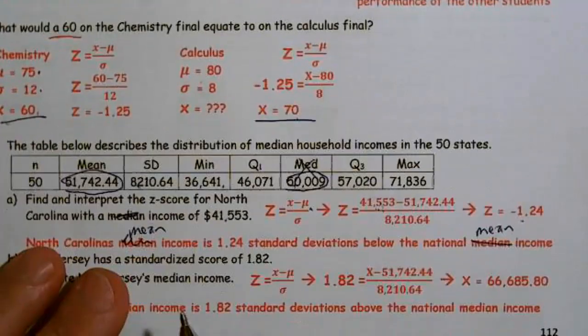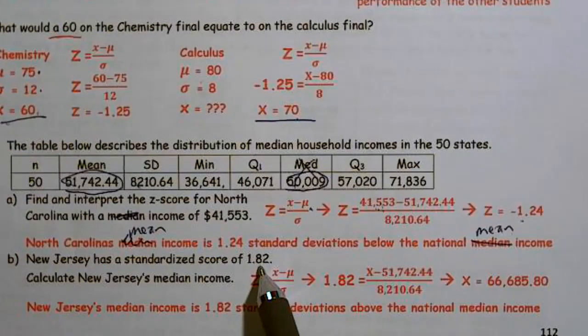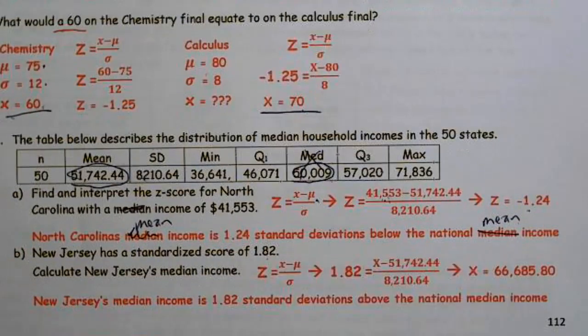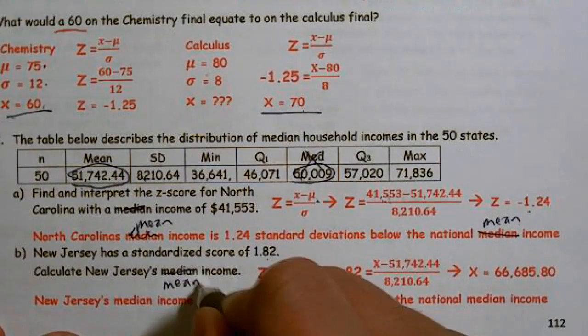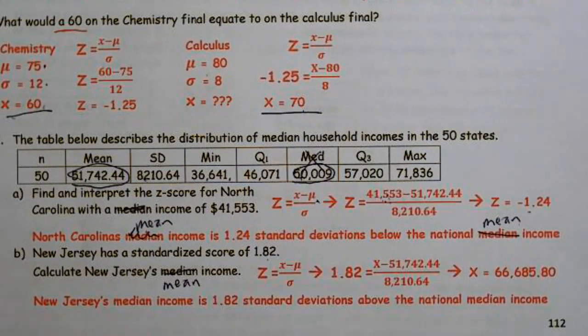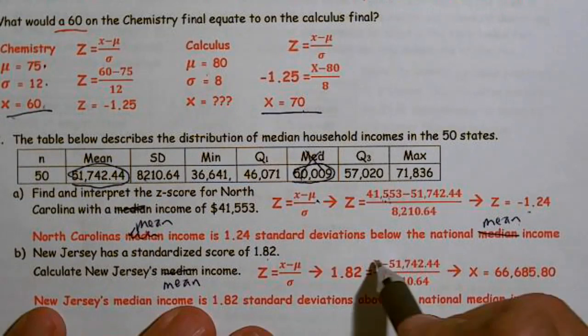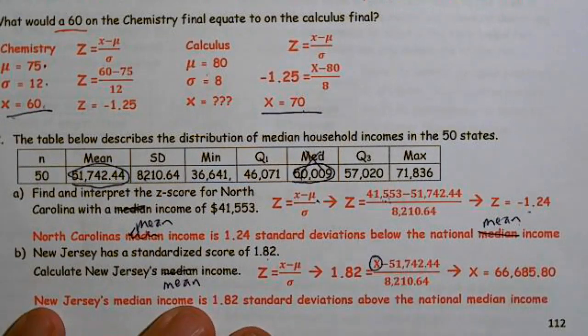All right, now they tell us New Jersey has a standardized score of 1.82. Well, that's positive. So they want us to calculate, and it says median, but we're going to calculate the mean. Well, if it's positive, that means we're going to expect to have a mean income above the national average. So we're looking to find this value right here. So my standard deviation, 8,210, there's my mean. And when I solve it by algebra, this times this, and then adding the 51,000, I end up getting